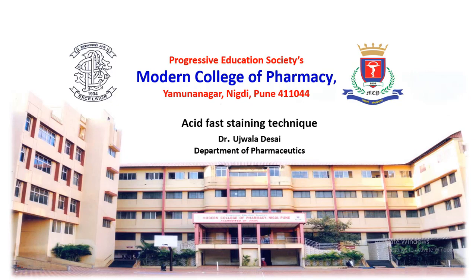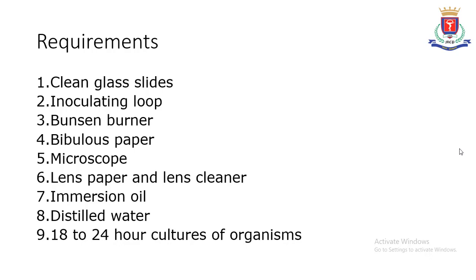So today we will study the acid-fast staining technique. Following are the requirements for the acid-fast staining technique. First is your clean glass slides, then inoculating loop, which is also called a microwire loop, Bunsen burner in order to sterilize the inoculating loop, bibulous paper, that is the same as tissue paper or filter paper, microscope, lens